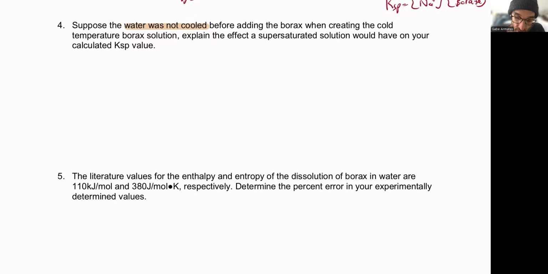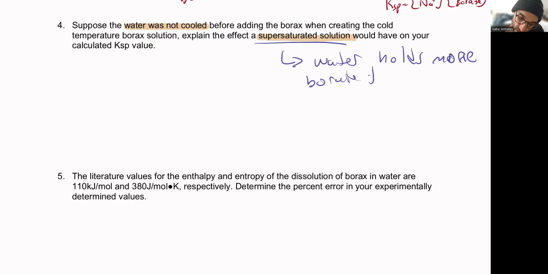tends to saturate. What that ultimately means is the example I use for my students is making sweet tea. So if you want to make sweet tea, if you add sugar to cold iced tea, it doesn't get very sweet, and the sugar just settles to the bottom. If you add sugar to a hot water solution of tea, that stuff is going to stay in solution. So ultimately, the supersaturated solution means that the water is going to hold more ion, in this case borate, than it should